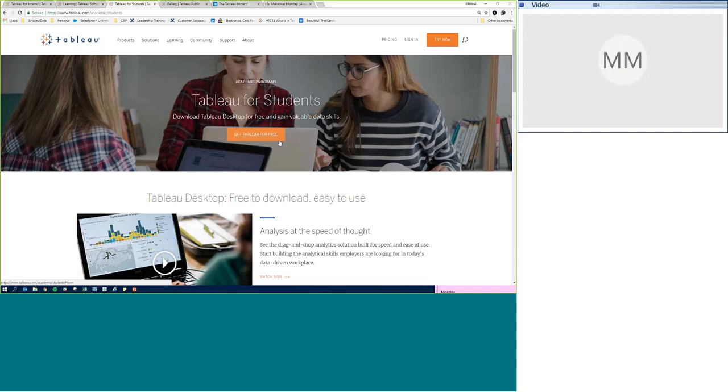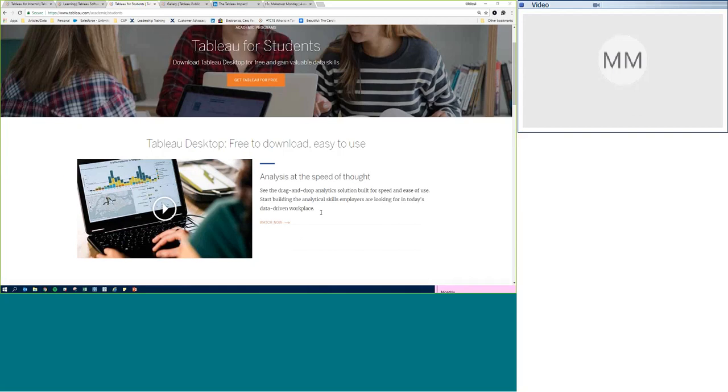Now, luckily, you will be able to use the key for both your personal laptop and your work laptop. So you will be able to use that same key in multiple places. And then also on this page, you will see there are lots of other resources on Tableau Desktop and